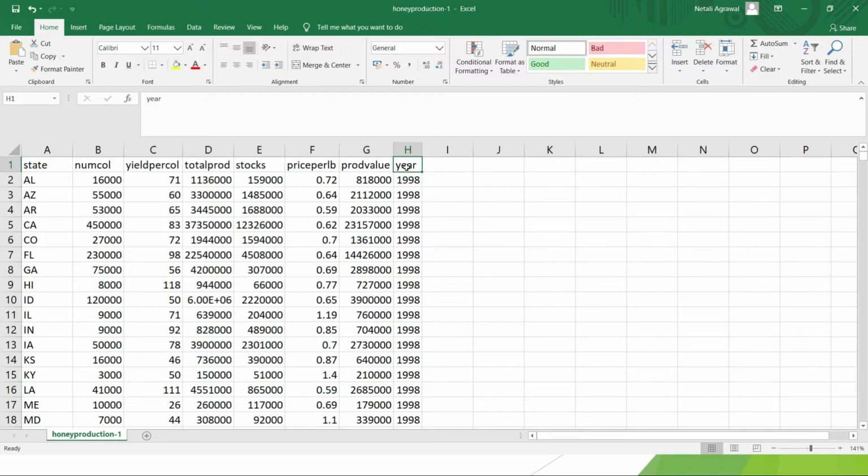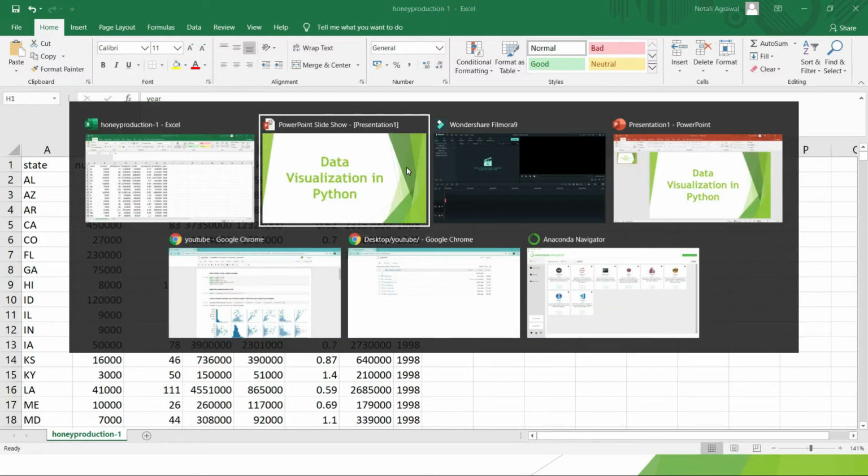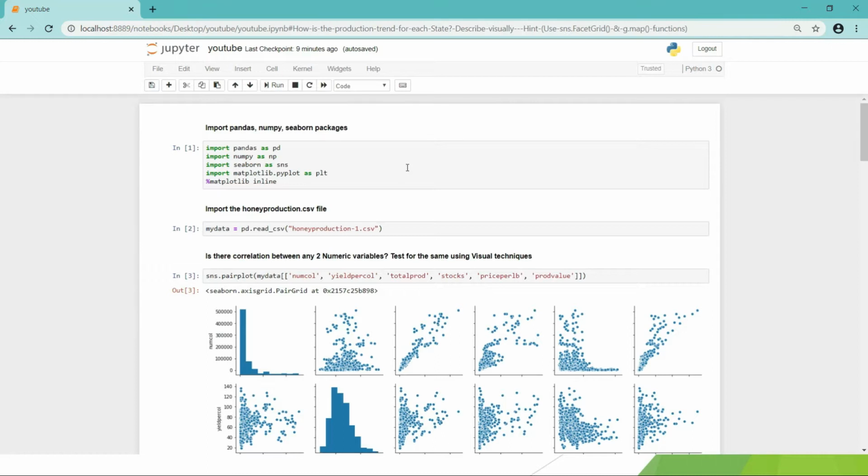Because around the year 2005, the US saw that their bee colonies had suddenly been reduced, and since the US is a big importer and exporter of honey, they were very concerned. This is a similar data set, because they want to understand what has happened, and how the trend has been before and after 2005. So this is about the data set.